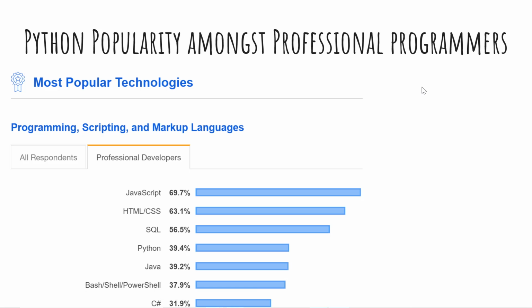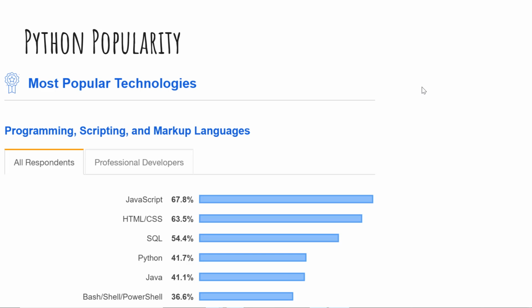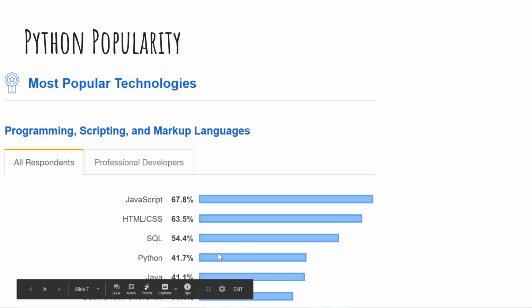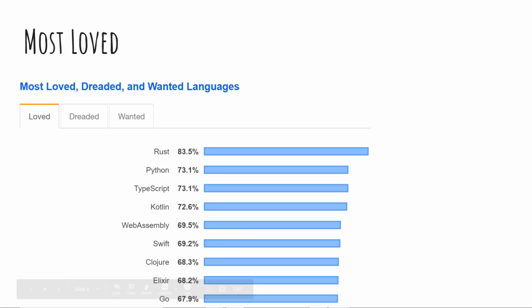So you might be wondering, okay, my Connexus course says Java, and I signed up for computer science, and now you're saying we're learning Python. Why is that? Well, Java is just really cumbersome. So let's take a look at this next couple slides. Programming, scripting, and markup languages, all respondents. You'll notice the ones that they like the most for all respondents, Python again is at the very top, along with the same ones before. Okay, most loved. Python's way up there. Again, for the reasons mentioned, while we're going to actually use Python, is some of the reasons why it's one of the most popular.